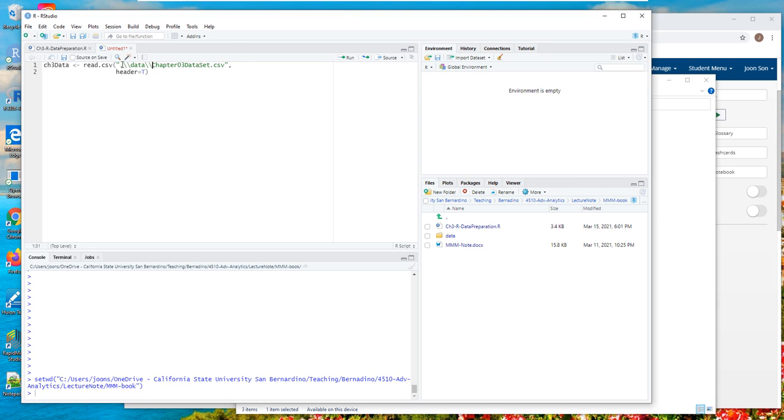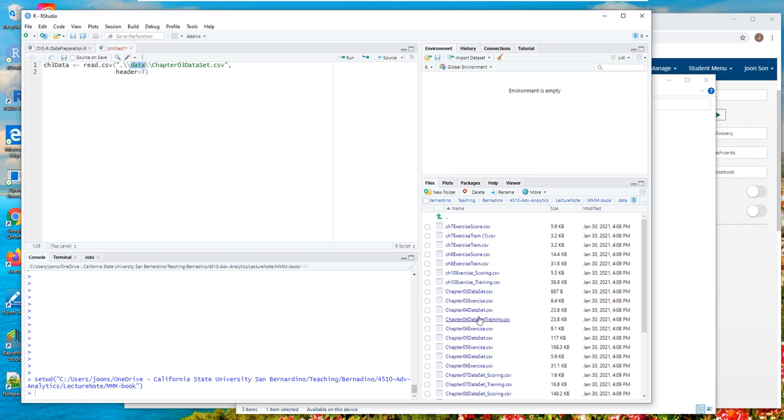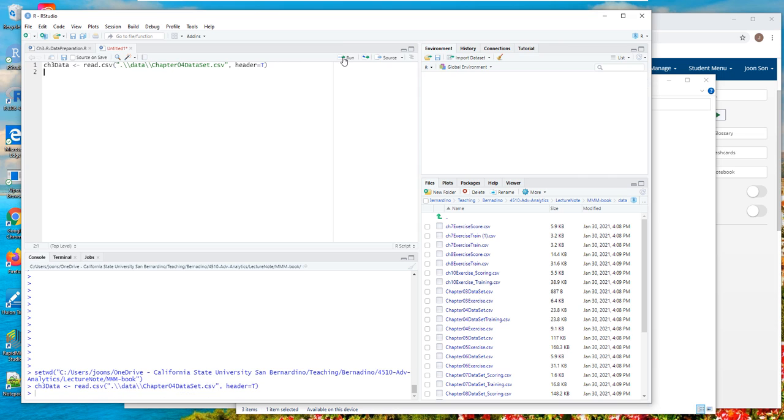Under data, I have the chapter 4 dataset CSV, so I'll change this to chapter 4 dataset CSV, header is true.